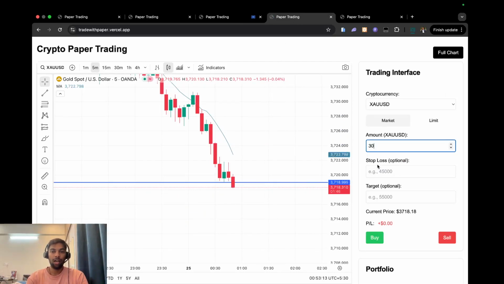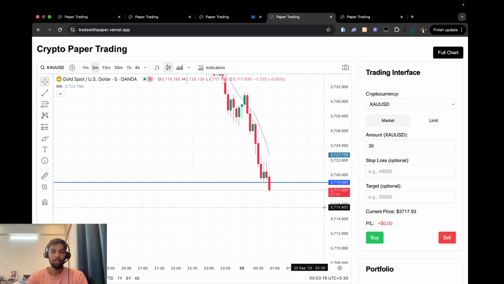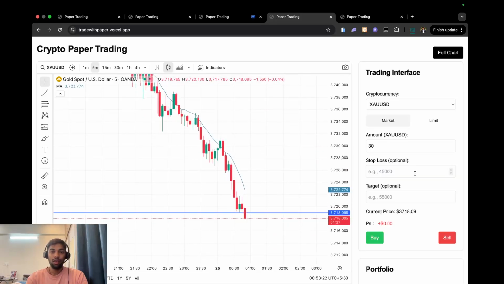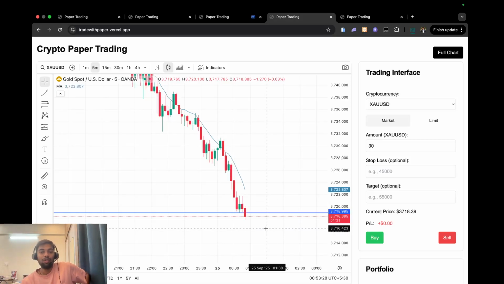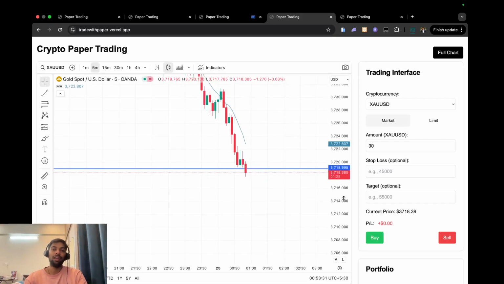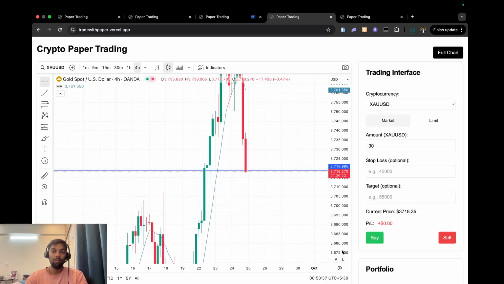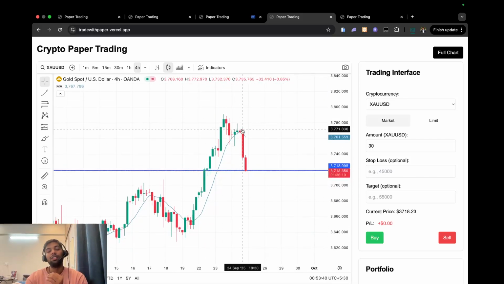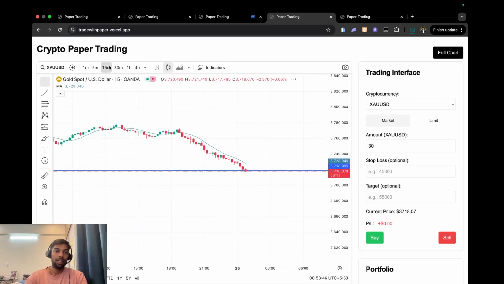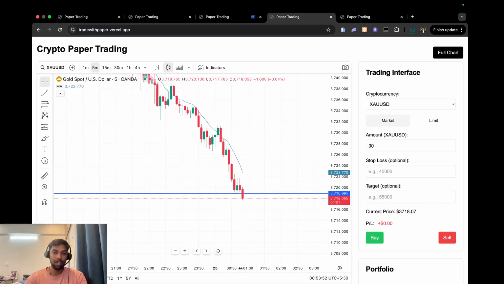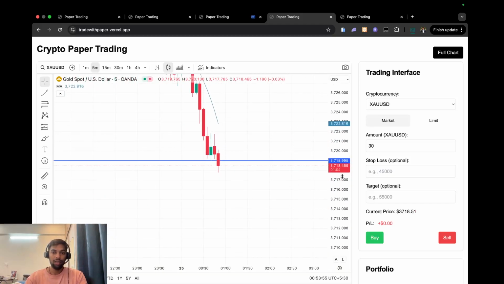So, I'm trying to trade in this gold because gold is extremely bearish on the 4 hour candle. And now there might be an entry. I'm just waiting for a full pullback, but there's no pullback, and I'm waiting for a candle to close so that I can take a trade on the downside. Why am I thinking to trade the downside? Because on the 4 hour candle you can just see the bearishness in the market. The market is falling like crazy, and we can take advantage in a shorter time frame and get a quick scalp. So that's what I'm thinking right now, because my market is extremely bearish, and we can have a trade on the downside.